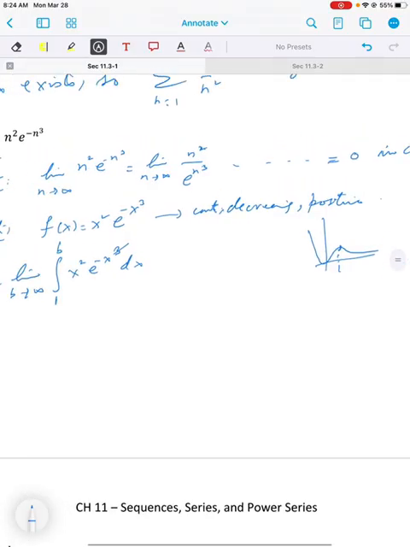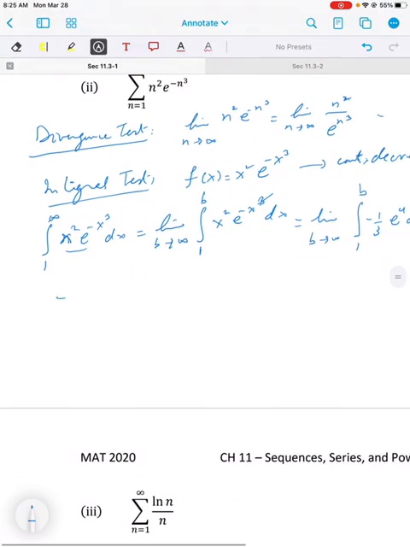So we can substitute in here. So limit as b goes to infinity, and you can also do it separately as I have explained before. So this becomes minus 1 over 3 e to the u du, which equals the limit as b goes to infinity. And now we can integrate, so we get minus 1 over 3 e to the u from 1 to b,